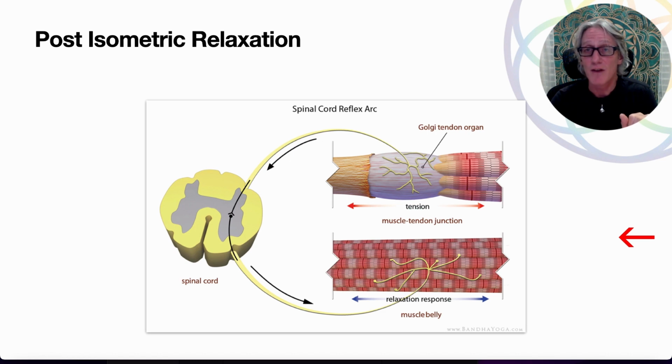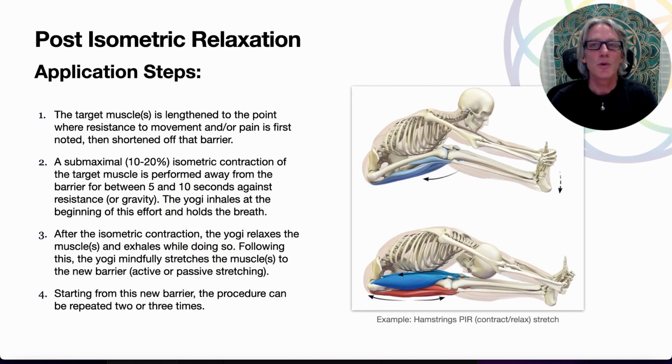So that's how we have smooth, controlled movement. Post-isometric relaxation is basically a hack of this neuromuscular system. We can use this Golgi tendon response and hack the nervous system to treat trigger points and get more stretch out of these contracture trigger point fibers. That's how we can normalize these fibers and get their